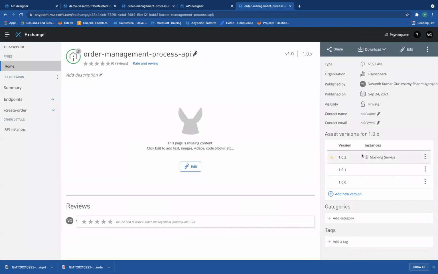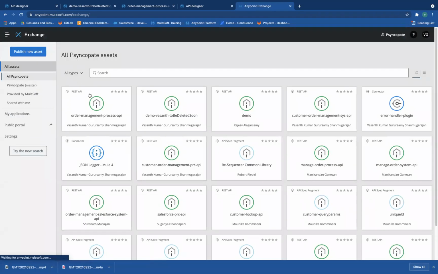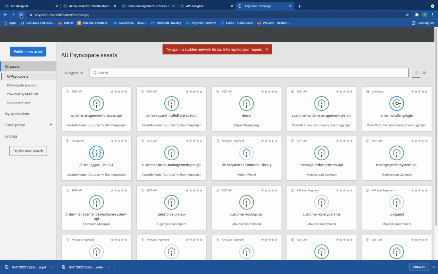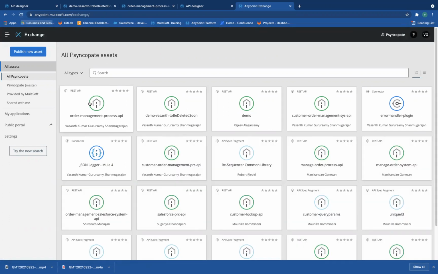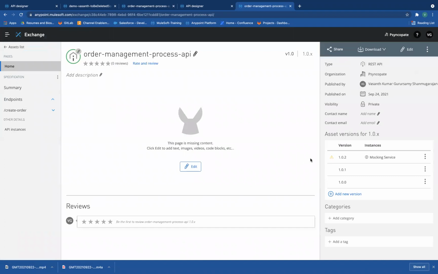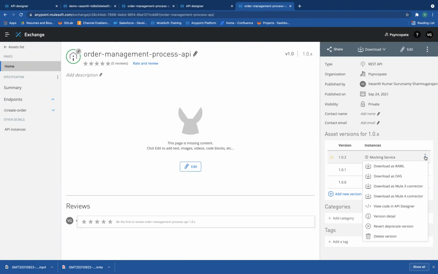I have deprecated, which means I have not deleted. Let me go and see in Exchange what it is showing. So it is showing with the exclamation mark, which means I have deprecated this one. I am saying not to use this version. If I wanted to delete it permanently,